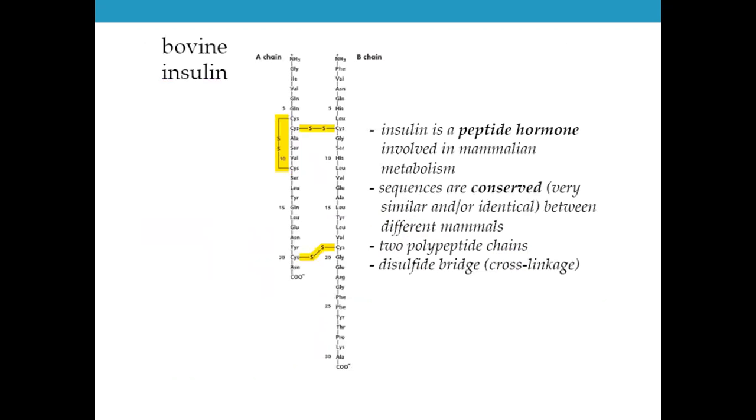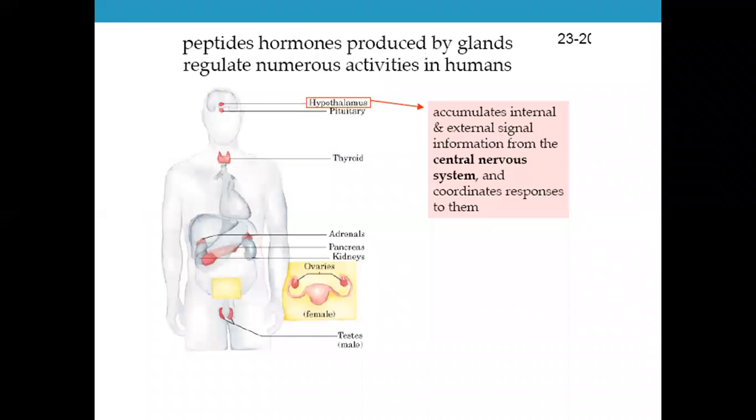Okay, so these are some examples of peptides used as hormones. Several peptide hormones are excreted by our system. These peptide hormones are produced by glands and regulate numerous activities in humans. In the hypothalamus, it accumulates internal and external information from the central nervous system and coordinates responses to them. Since our body releases different hormones which regulate different processes in the body, they have